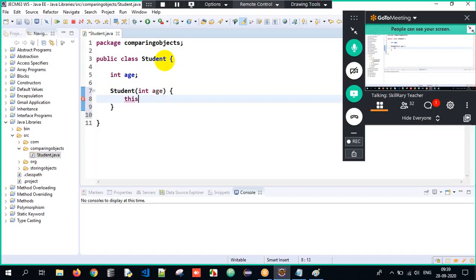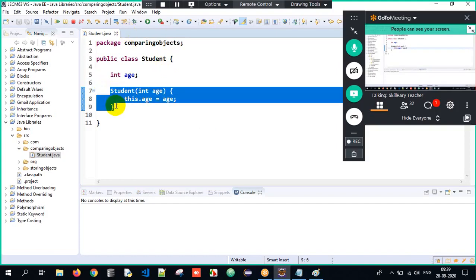These are the few topics which we are doing from the past 2 days here. Correct? This dot age equals to age. See, long back when I did the constructors topic, if you want you can go and watch the recording, for proof. I told you when I spoke about constructors that this particular topic will be very useful for your advanced topics, right?